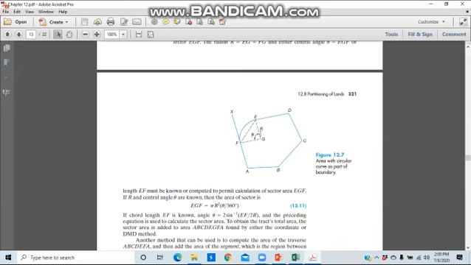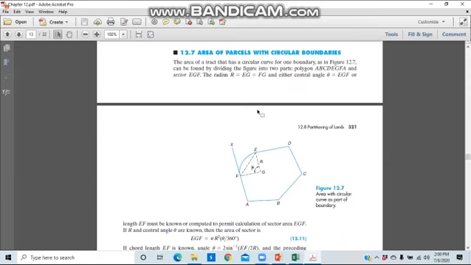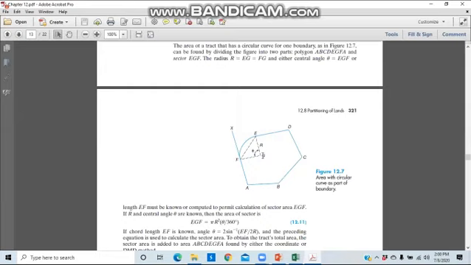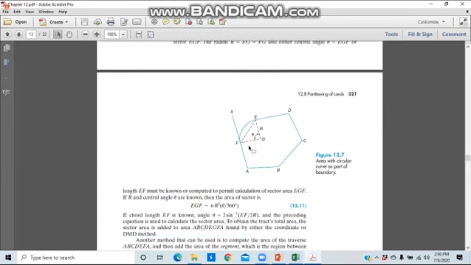So we know the values of EG and FG because they are the radius and we can measure that, right? Otherwise, we also need at least one thing, either this internal angle or the length of this EF must be known. Then we can calculate the area of this whole sector. So area of EGF is equal to pi r square theta over 360 degrees. That is the formula. So we know the R. If we know the theta, we can easily calculate the area of this sector.